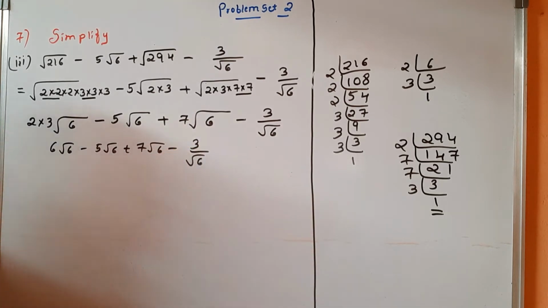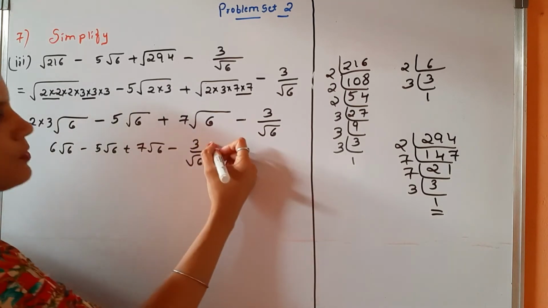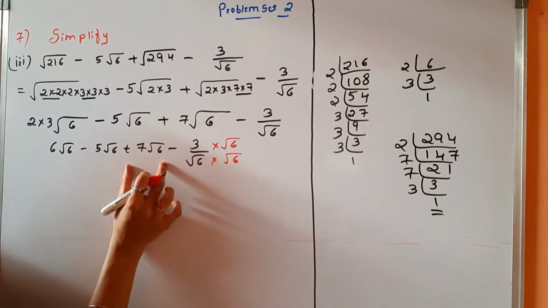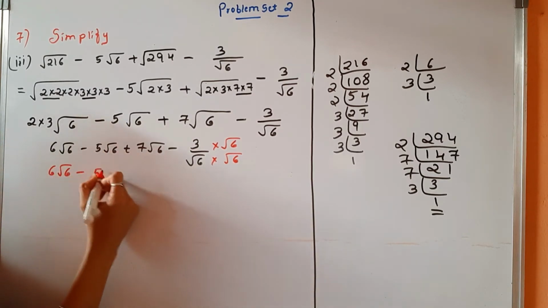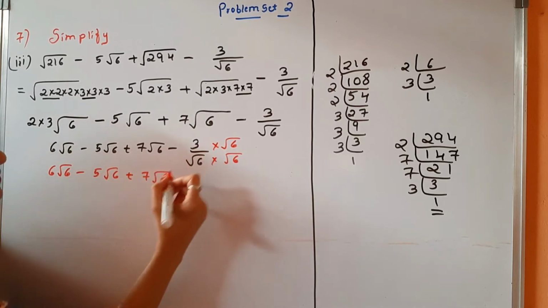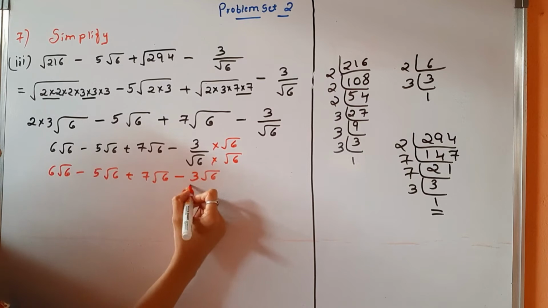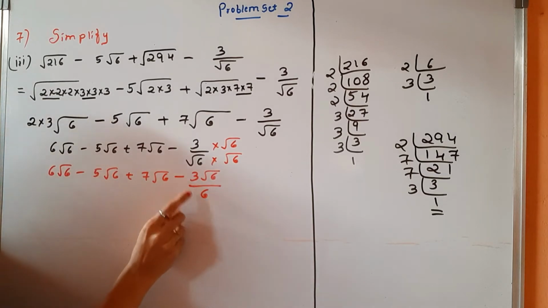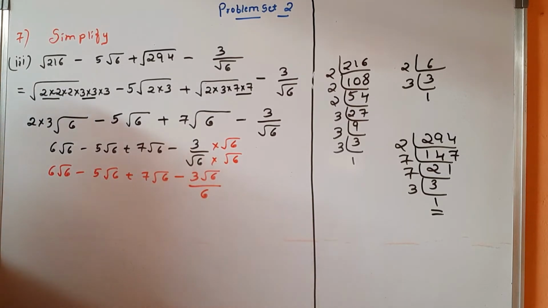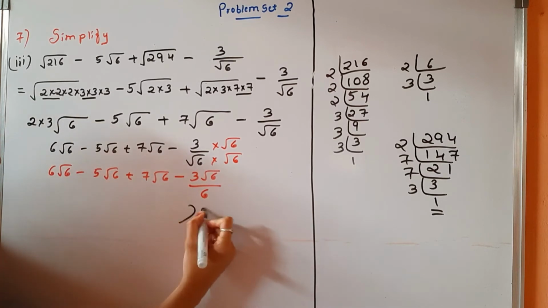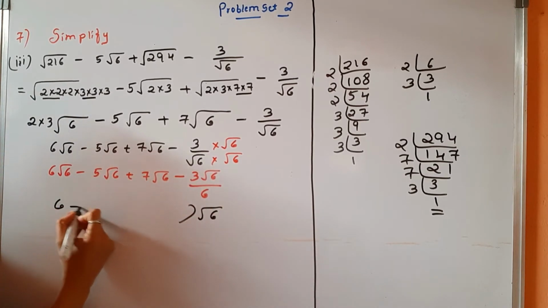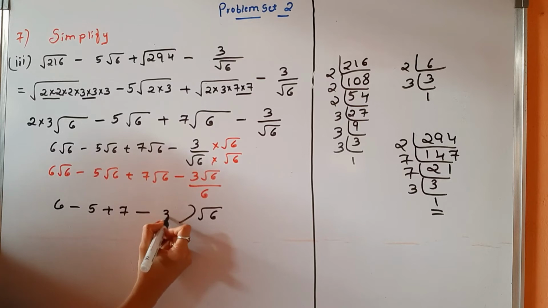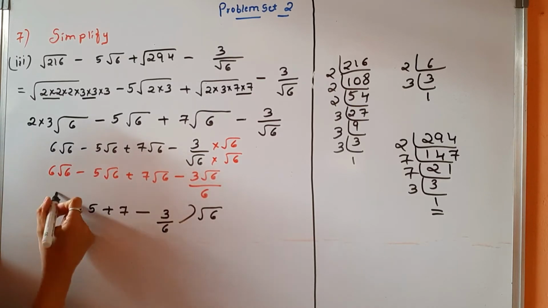You know now rationalizing the denominator, because root 6 we have to take out, so multiply by root 6, because everything is common, everything inside the radical sign is alike, that's why. Fine, 6 root 6 minus 5 root 6 plus 7 root 6, this one will become minus 3 root 6, under root 6 into root 6 we are getting 6, correct. Now if you want we can cancel this one actually, 3 1s are 3, 3 2s are 6, but I will not cancel, we will go to the next step, that is root 6 we will take out, it is common. So what is remaining? 6 minus 5 plus 7 minus, here also root 6 I have taken out, so 3 is remaining, and divided by 6, fine.